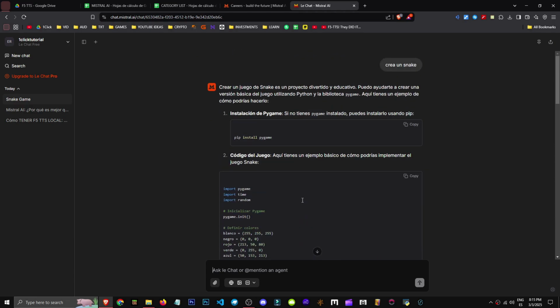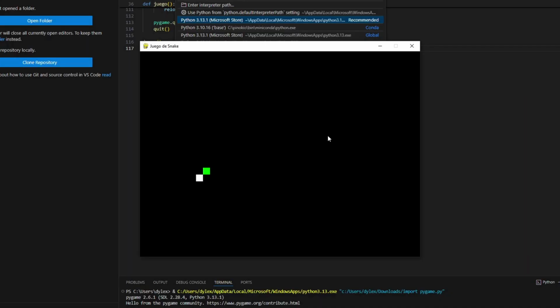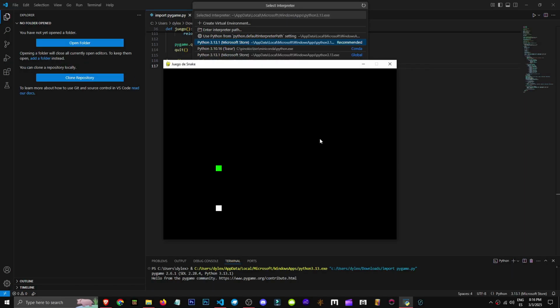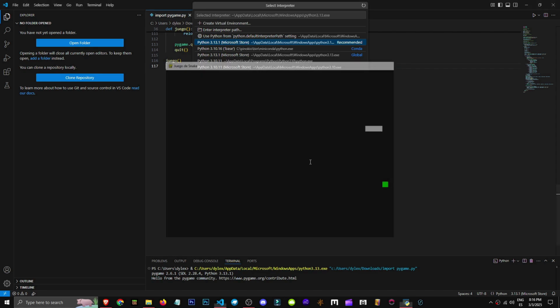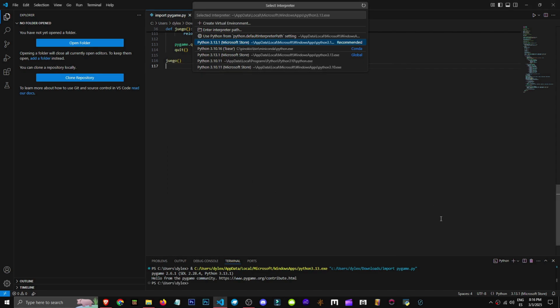We can test it, yeah? Okay, this is the result. I think the snake is this white thing. Let's see if, well, first the apples aren't green, but it seems to work pretty well, right? We're seeing, there it is, okay? Game over, press Q to quit or C to continue. Cool, it did a good job, huh?